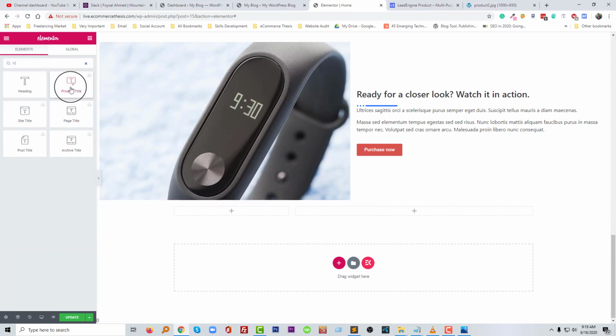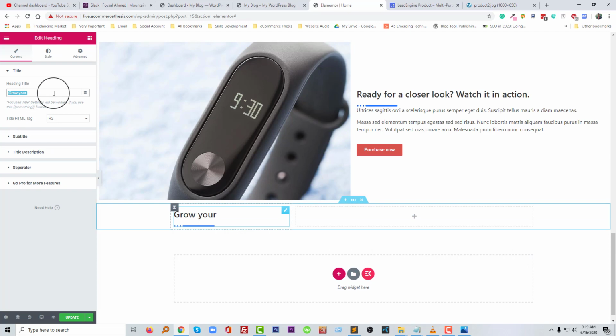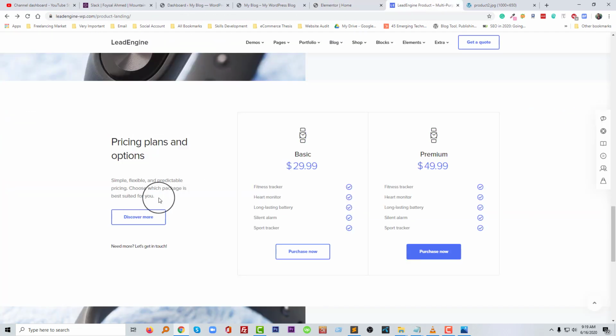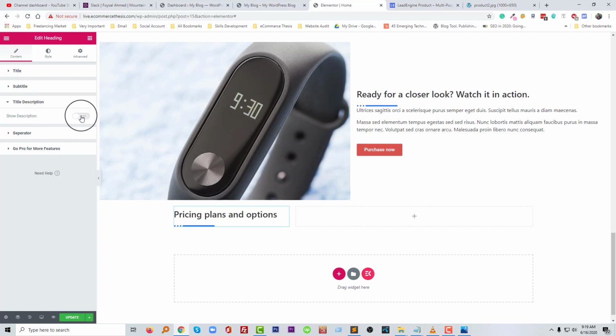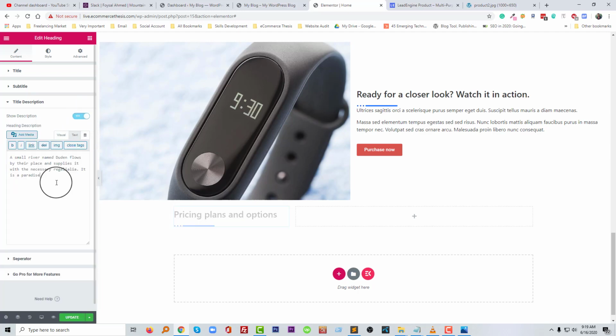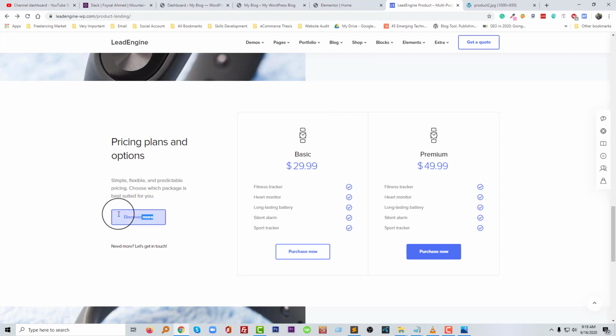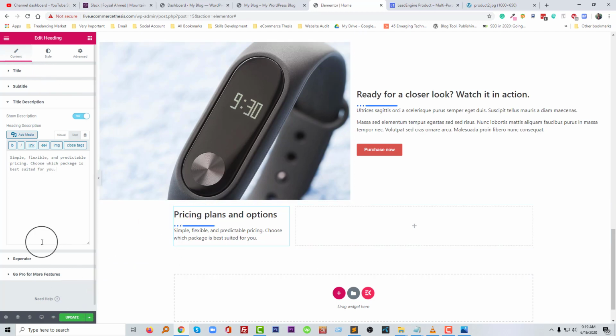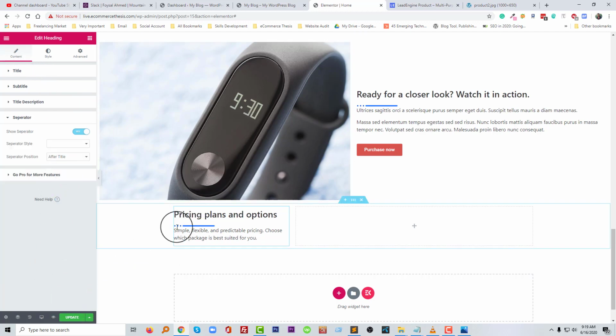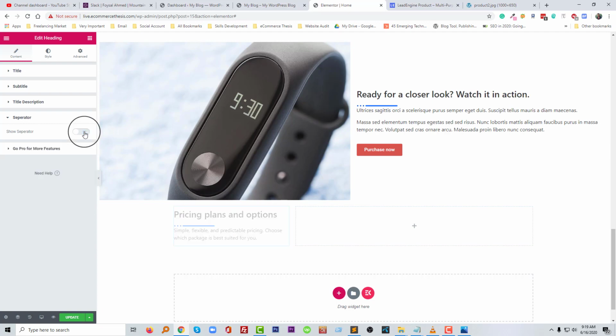title, heading, text description, then we add a button, and of course there we don't need any separator, so I'm going to hide this separator, this one, hide separator,